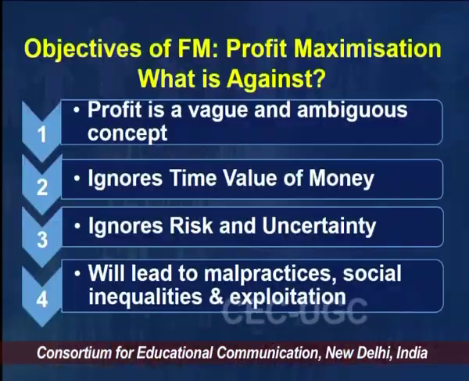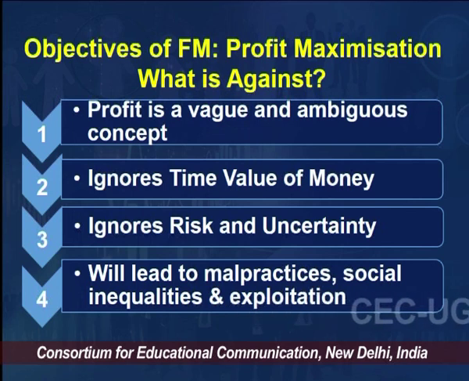The amount of operating profit and net profit or gross profit varies significantly for companies, right? Especially for a few sectors where operating cost is very high, for example, in manufacturing companies versus the service industry, where non-operating cost or the cost of sales and marketing could be so high, right? This is the first point. Second is the time value of money concept is completely ignored under profit maximization.